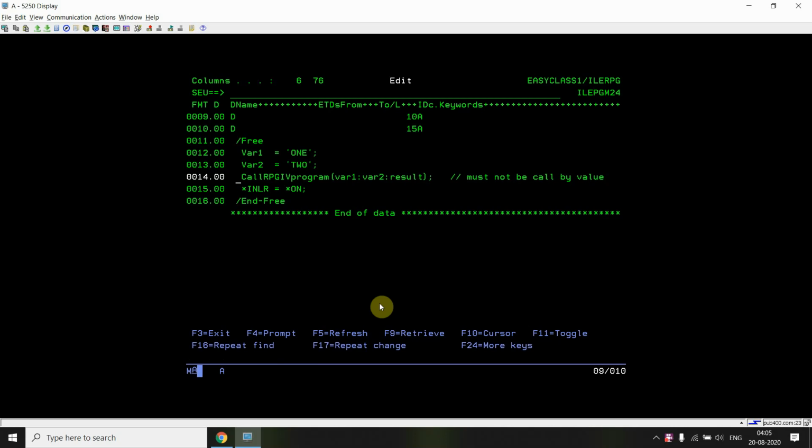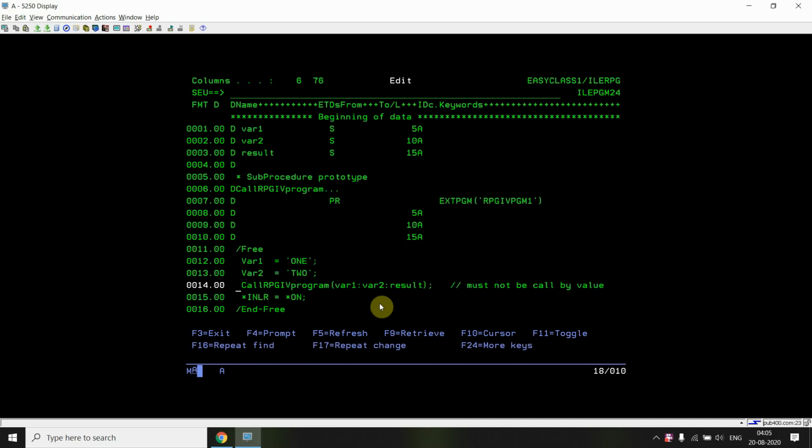The main difference between these two is the creation options: for the RPG3 program, we write it using the RPG attribute, and in case of OPM source RPG4, that is the RPGLE attribute. So these are two different things which one needs to understand, else calling is the same for all. Whether we are calling an RPG3 program or an RPG4 program, that's the same. We just need to define the prototype, and for that we can call any program from here.